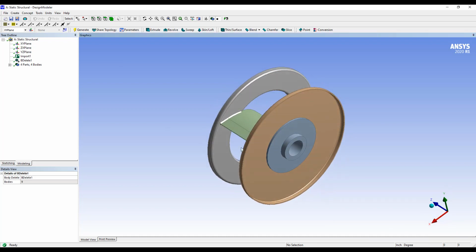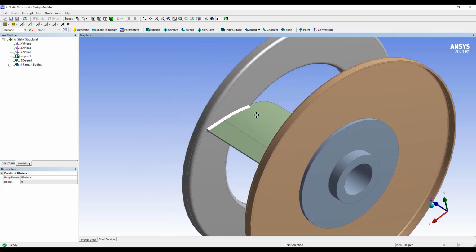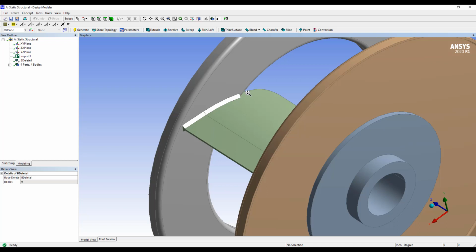The next thing we have to do is split the vane into 2 separate bodies. The reason being that the vane is comprised of a flat section and a curved section, and if we keep it as one body, it's going to make it difficult to do some of the other downstream operations. So we're going to create a local plane here to do slicing of this body. So I click the plane icon,